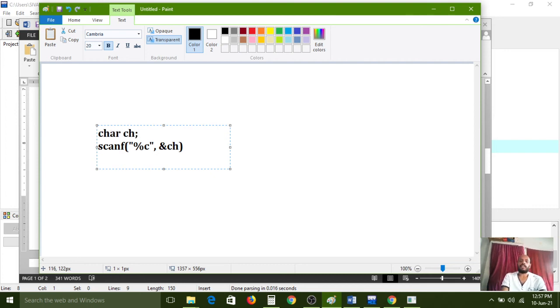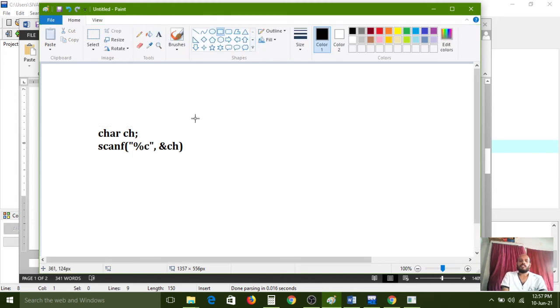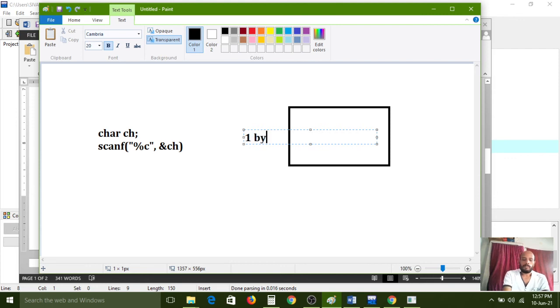If you write like that, immediately the character data type will allocate 1 byte of memory, because here we have used only one character. 1 byte of memory it will occupy for the ch variable.